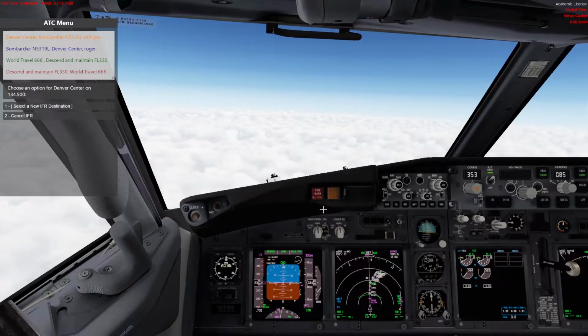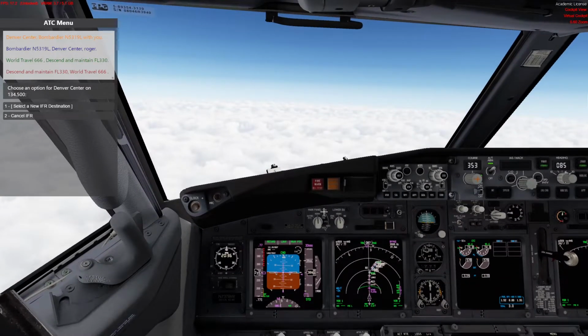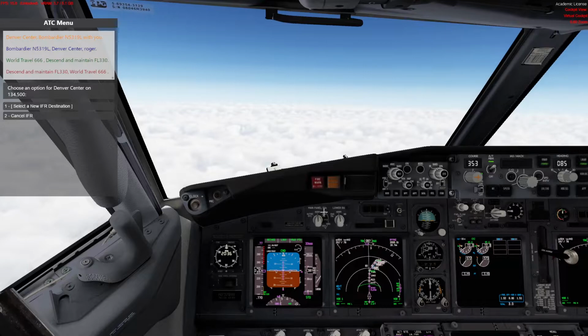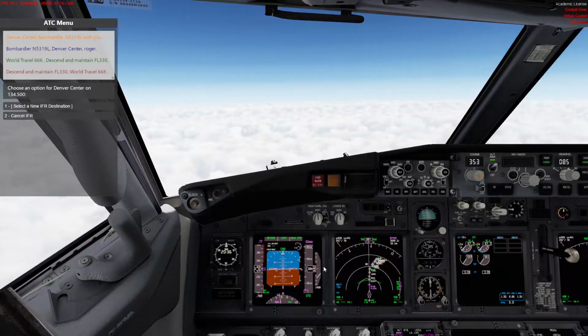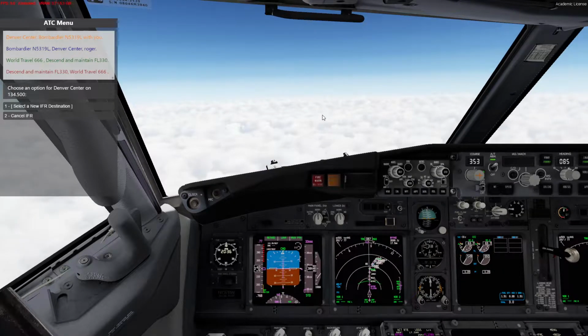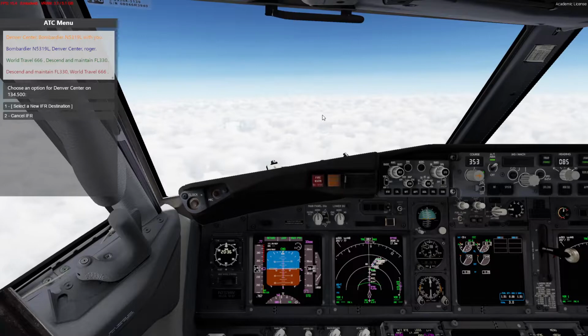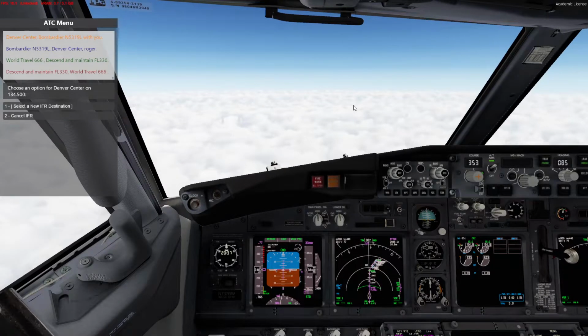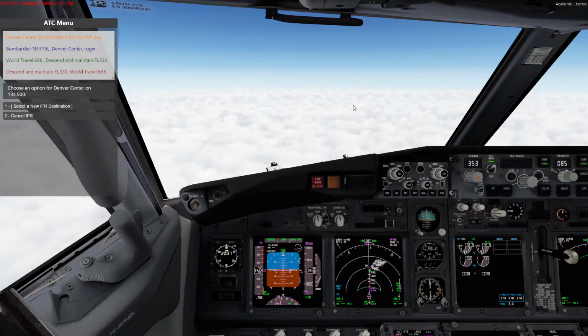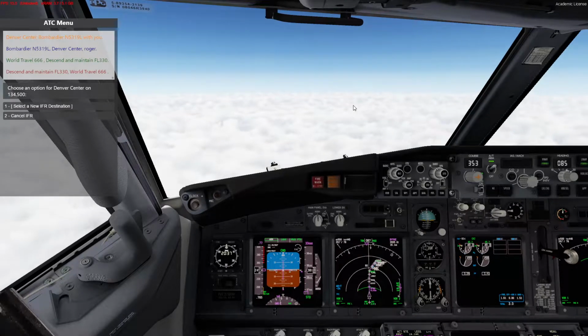And because we caught that in time and didn't really go past our top of descent, the aircraft has begun, as you see, its descent according to that VNAV profile. Now, if we waited and ATC gave us the directions a lot later, where we would have missed that top of descent entirely,